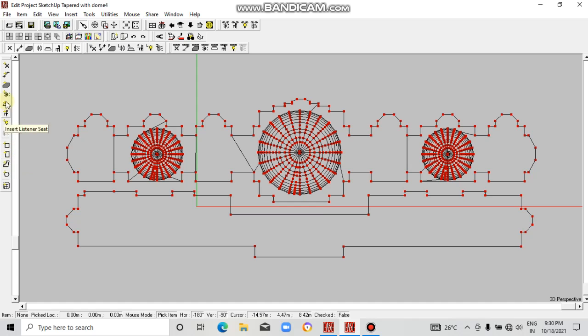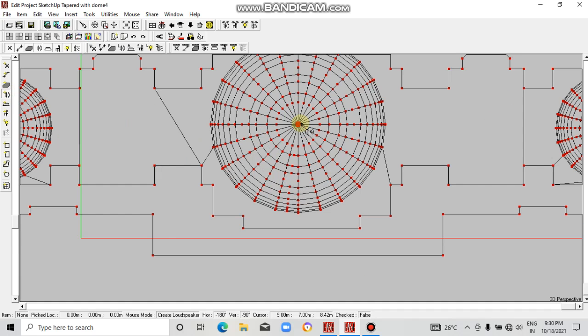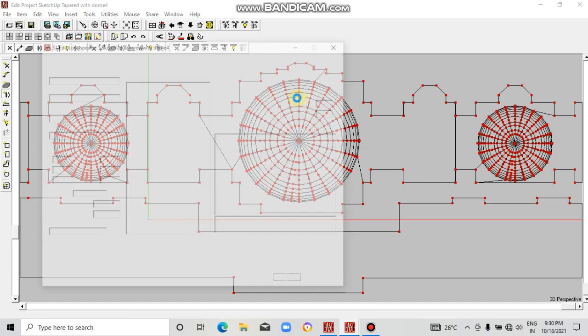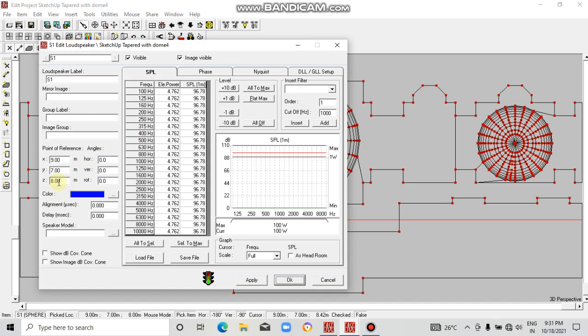Now we will add a loudspeaker. Click on this and place it somewhere where you want to simulate. Let me place it here. Click on it and it will show its properties. These are the XYZ coordinates of the loudspeaker, but this height is a bit too much, so we will reduce it.